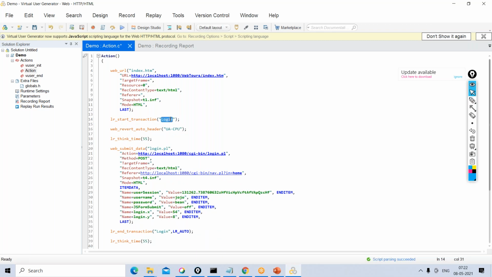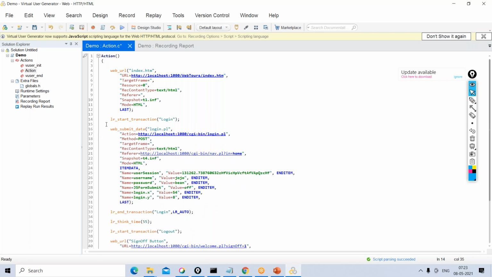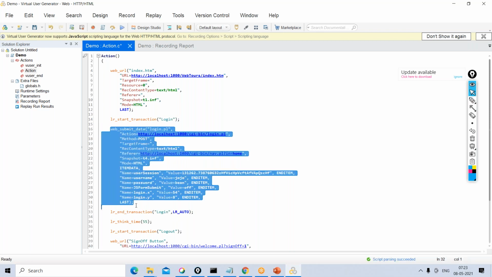So this is the code for login, start transaction login. And at line number 37, here it is ending, LR end transaction login. Whatever code is there between login start transaction and end transaction login belongs to login functionality.